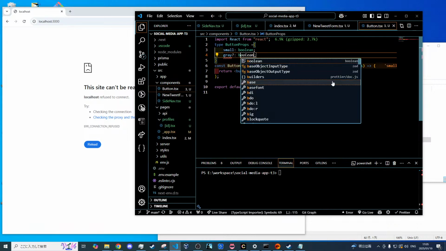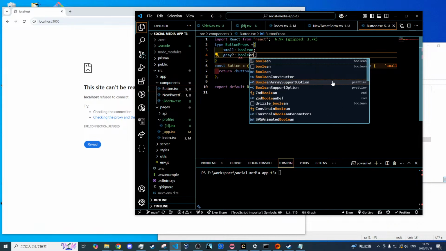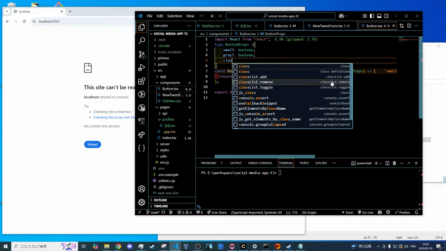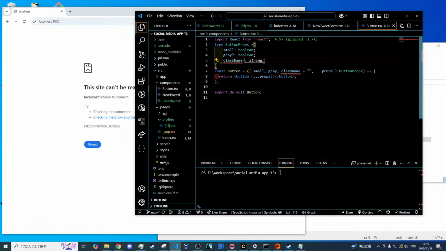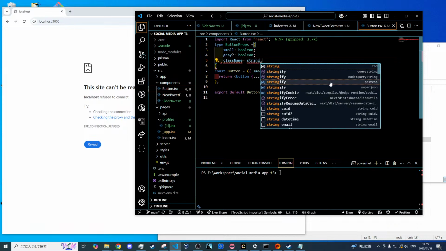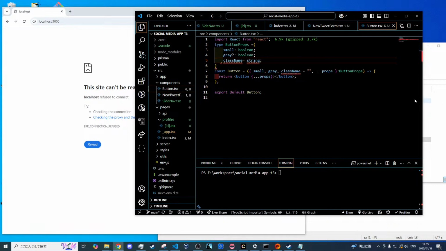You don't need to explicitly put them, but I kind of like to. And then what I want to do is I want to make sure that this has the same properties as a button inside of React. If I hover over this button, you can see right here exactly what those props are. So I'm just going to copy this, and I can just say right here, ampersand that. Now if I just